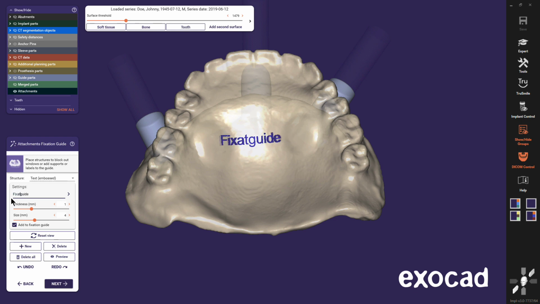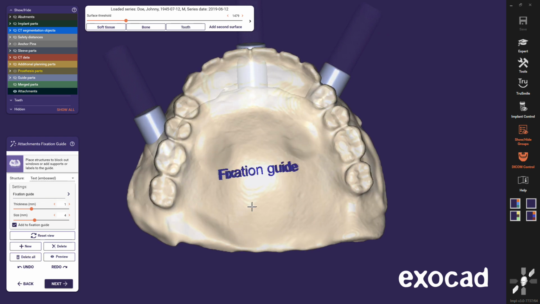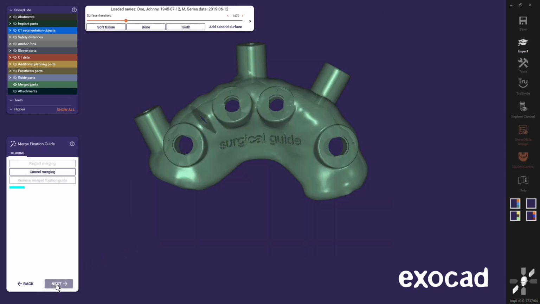I activate it by clicking it, and I perform the changes I want. I continue with Next, and the fixation guide is merged.